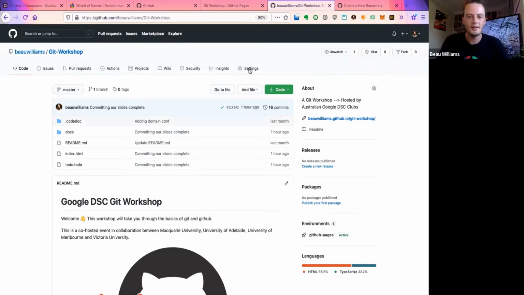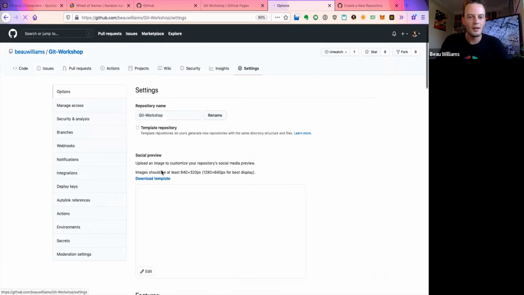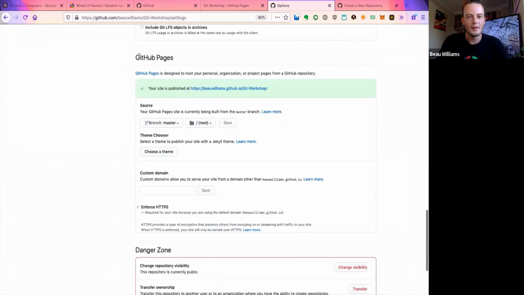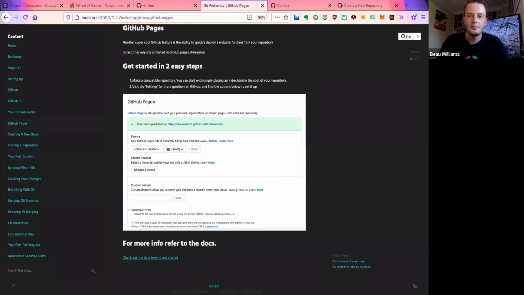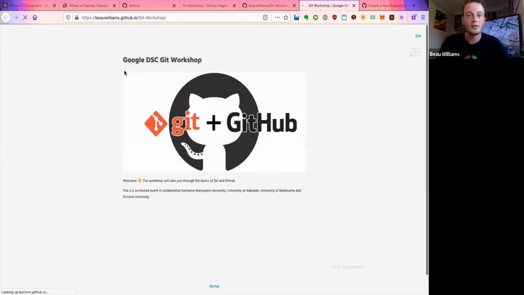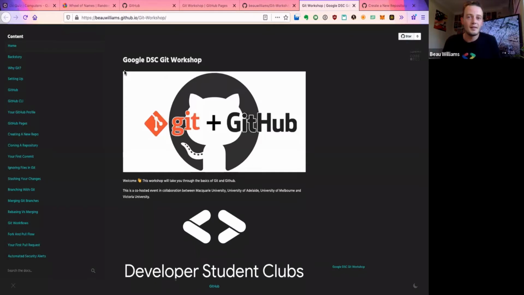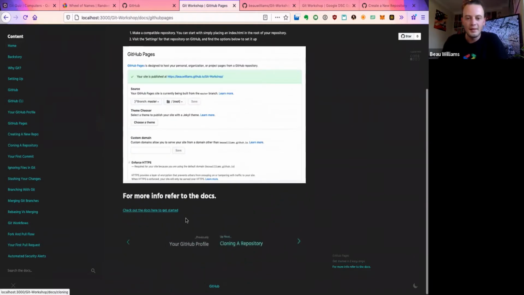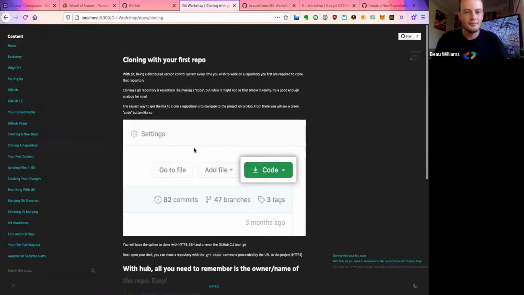And what we can actually do is go here to the settings, and then right here near the bottom, there's GitHub Pages. And so you can actually choose the root or the /docs. You can set up a custom domain, all kinds of stuff. But what you end up with is a little site that is hosted on GitHub. You don't need to do anything to deploy it. It basically does it automatically for you. And when you push the changes to your GitHub, which is the remote repository, it's going to be automatically updated. So it's super awesome. And there's a link to some docs in there for you guys that want it.